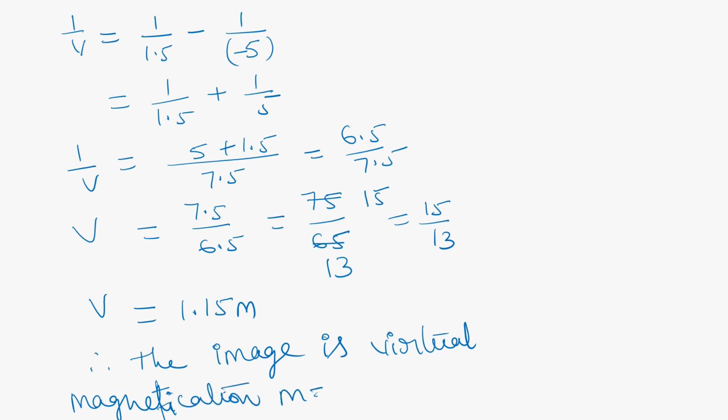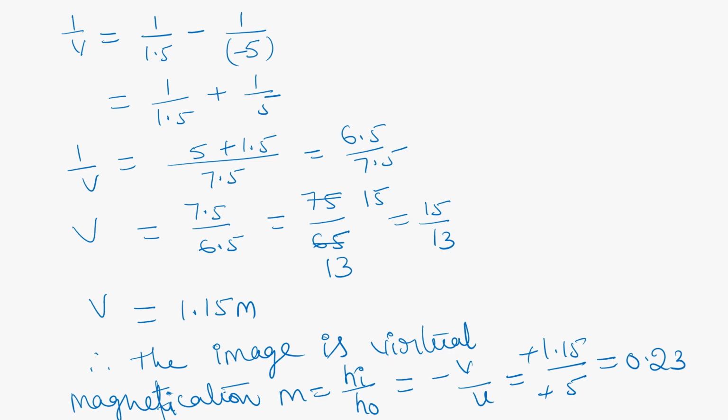m is equals to height of the image by height of the object, that is equals to minus v by u, that is equals to minus 1.15 by minus 5. Minus minus gets cancelled. After division we are getting 0.23. So magnification m is equals to, here we are getting position